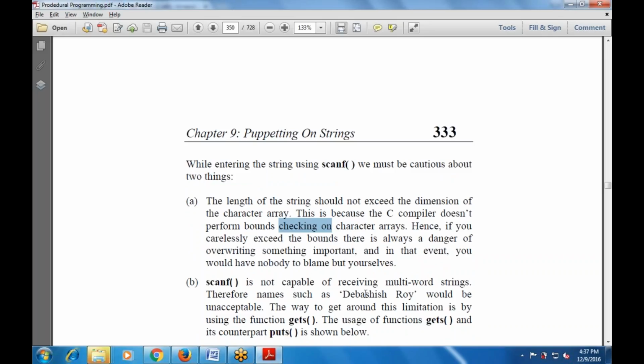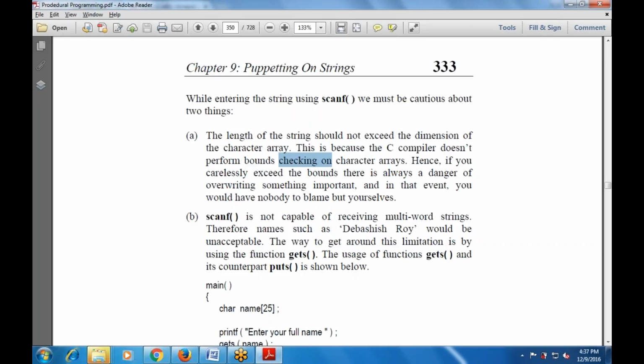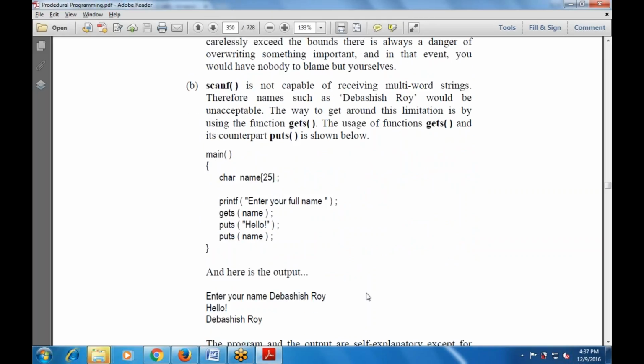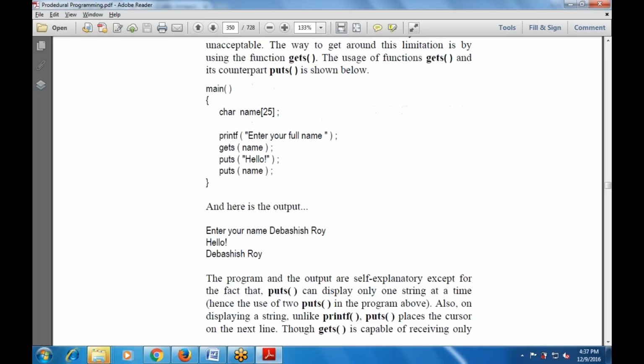The way to get around this limitation is by using the function gets, and the usage of gets and its counterpart puts is shown below. This is char name[25], printf enter your full name, gets(name), puts hello, puts(name). This is the output. Enter your name: Devashish Roy. Hello Devashish Roy. The program and the output are self-explanatory,